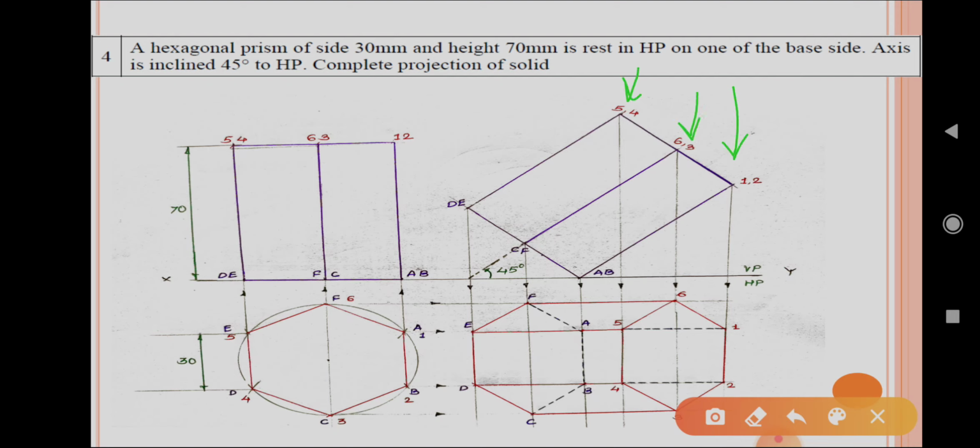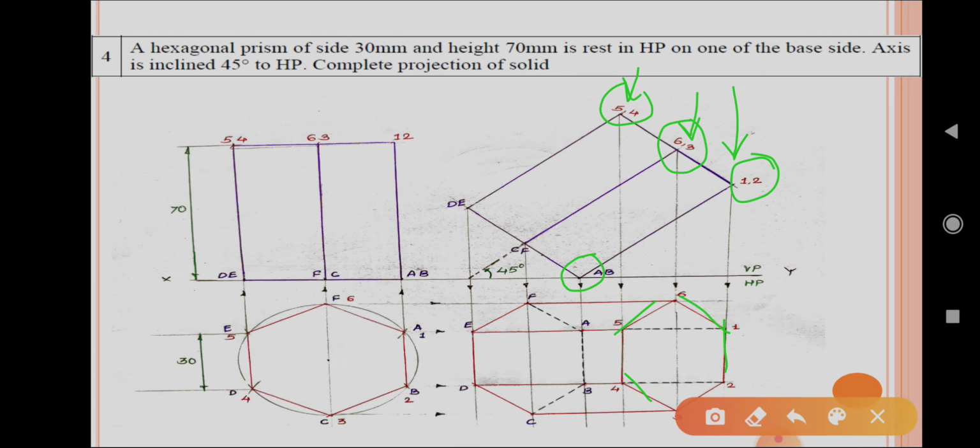So all the points are visible. 1 2 is visible, 6 3 visible, 5 4 visible. An arrow cannot cross any material or longer edge related to the solid. So all points we can connect with the dark line. In a similar way, for the base AB, that is an